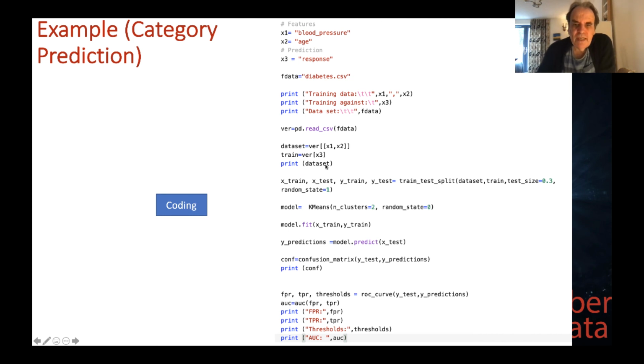Okay, so it's much the same as before. This time we're using k-means, which is a clustering method. I'm going to create two clusters with diabetes and without diabetes, fit the model. We predict with our training data for whether someone has diabetes or not, and then we can take our test data, which is the real values, and we can look at our predictions and see what our confusion matrix is looking like.